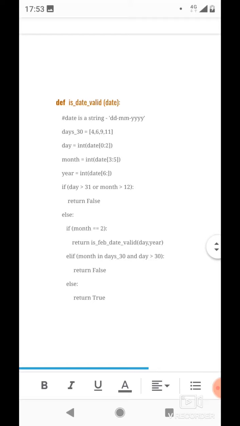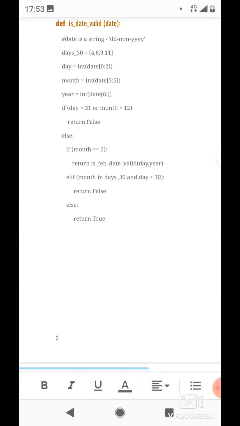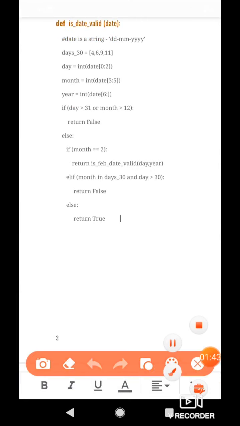And now this is the function which we saw in the previous program also. We have changed the name of this function. It was isDateValidExceptFeb in that program. Now we have changed it to isDateValid because it also handles the February dates. Again, we have already discussed that we create a list named days30 with values 4, 6, 9, 11.